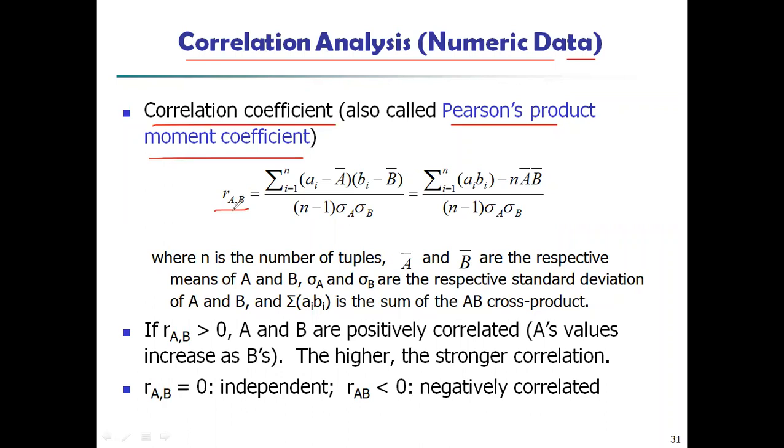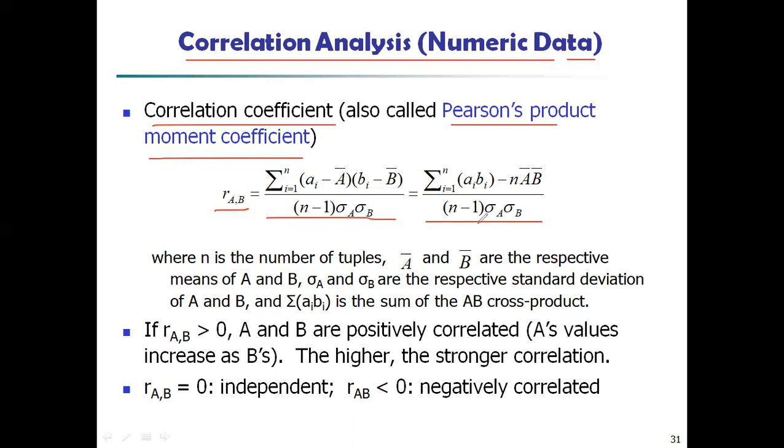So if you want to find out the correlation between these two attributes, the data must be in the form of numeric only. Whenever the attributes' data entries are in the form of numeric, then you are going to use this correlation coefficient. This is the formula for the correlation coefficient. You may write it like this or you may write it like this, isn't it?